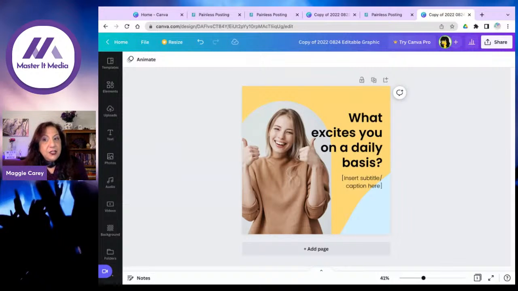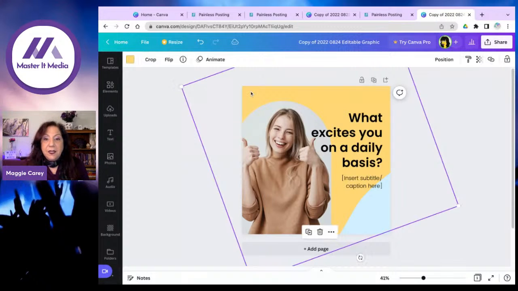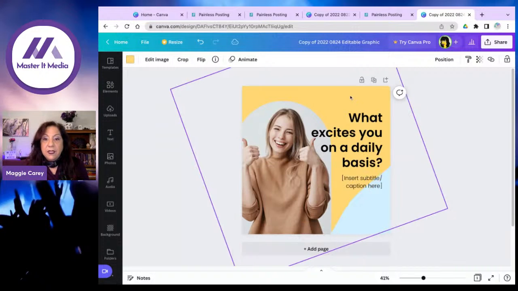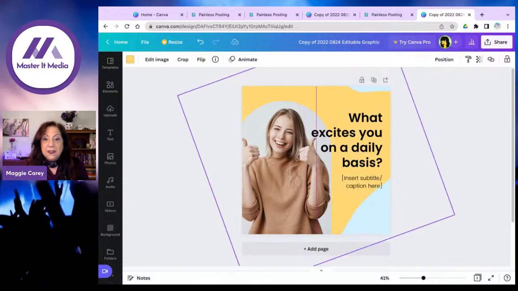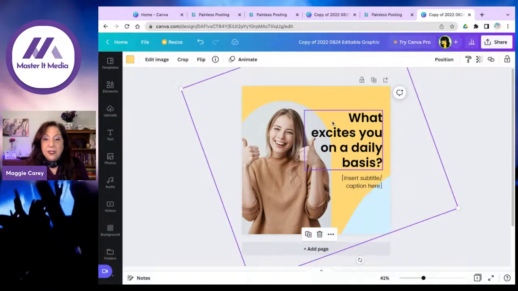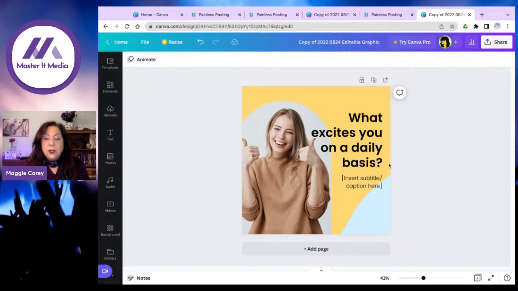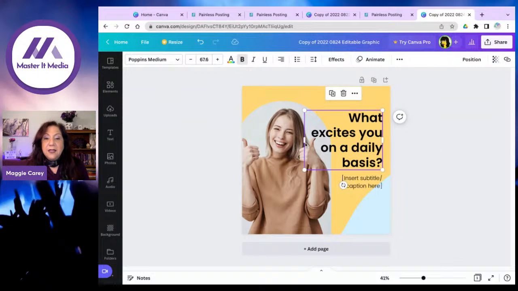So I need to share with you a few things about Canva first. When you click on something, like in this case here, this is a yellow square. You can see if I move it in and out, it's got some things going on, a yellow image. You select something, you'll see this border around it, and you'll sometimes see circles on the corners, and sometimes you're going to see things like this